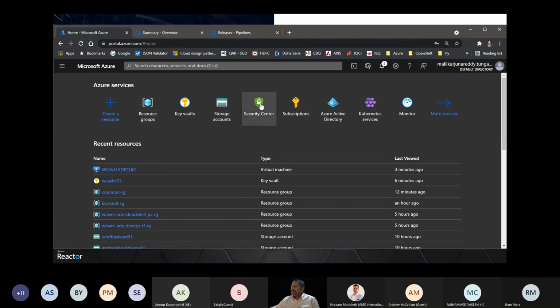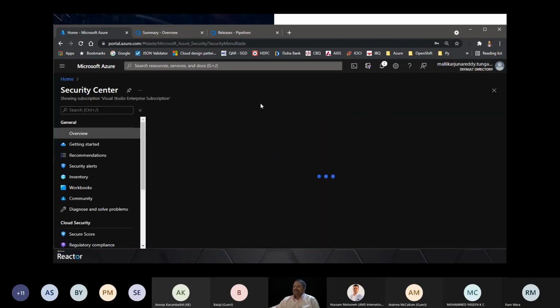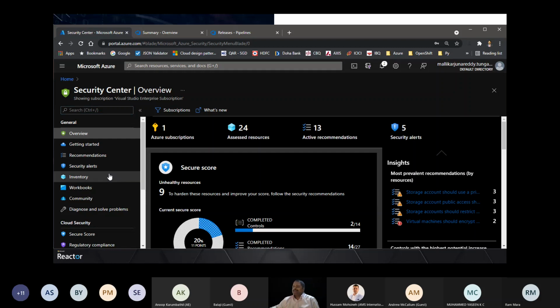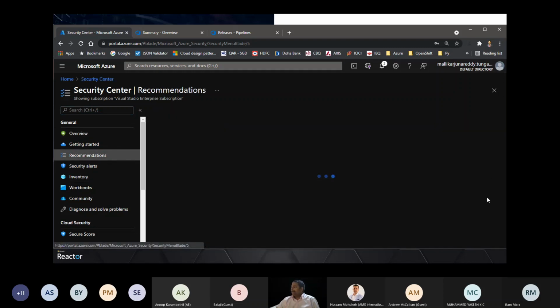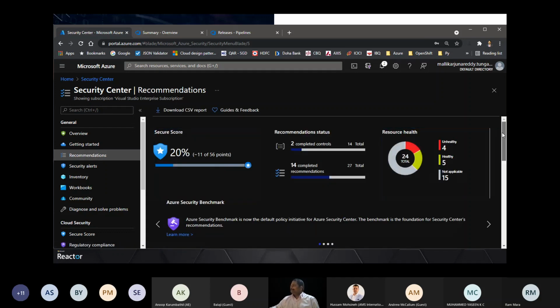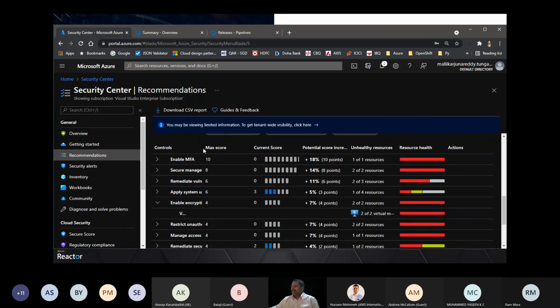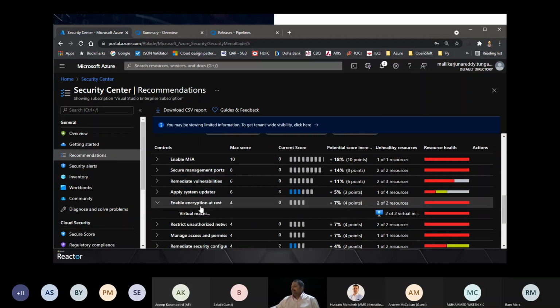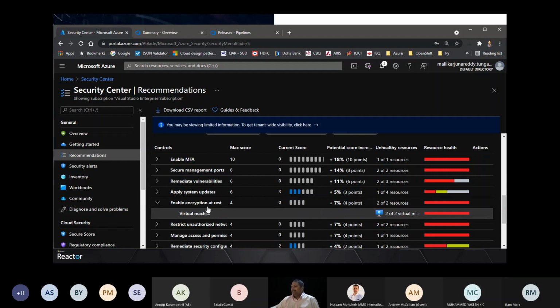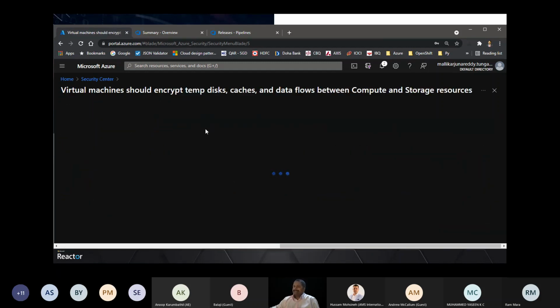If you go to your Security Center, recommendations, you see this: enable encryption at rest for the virtual machines.